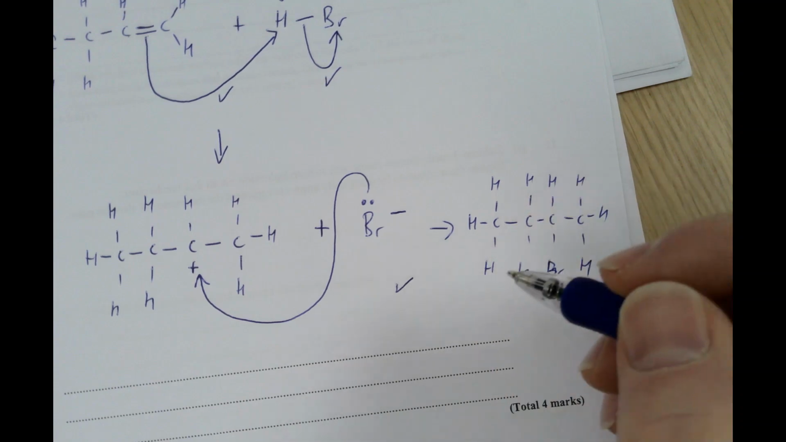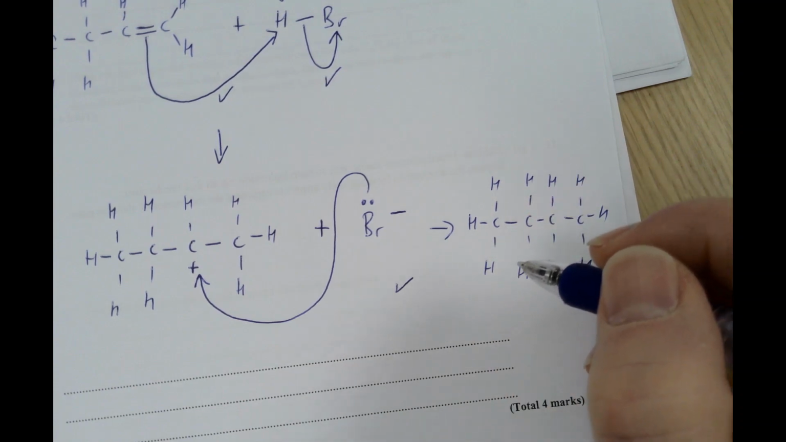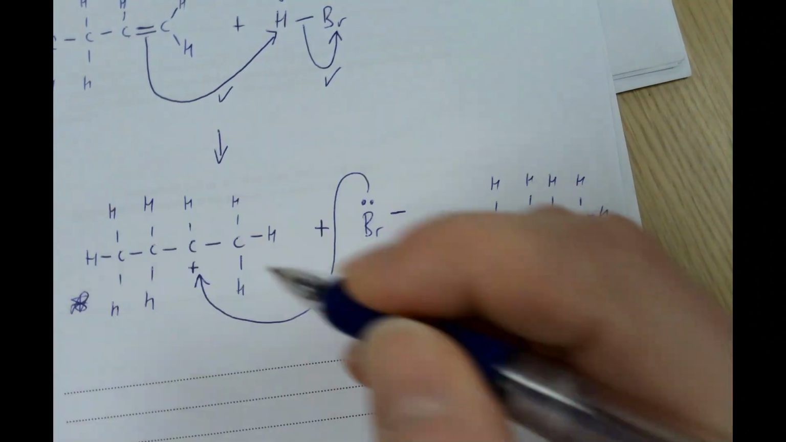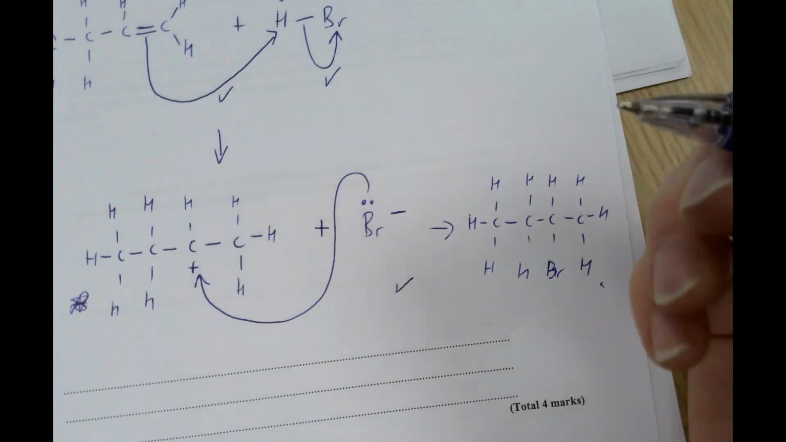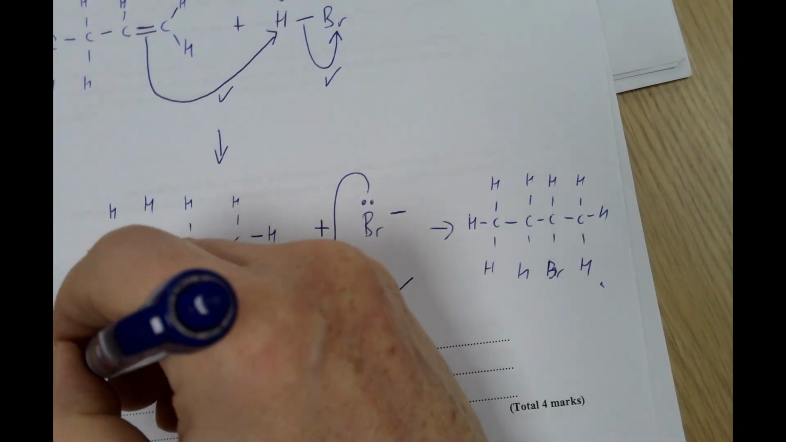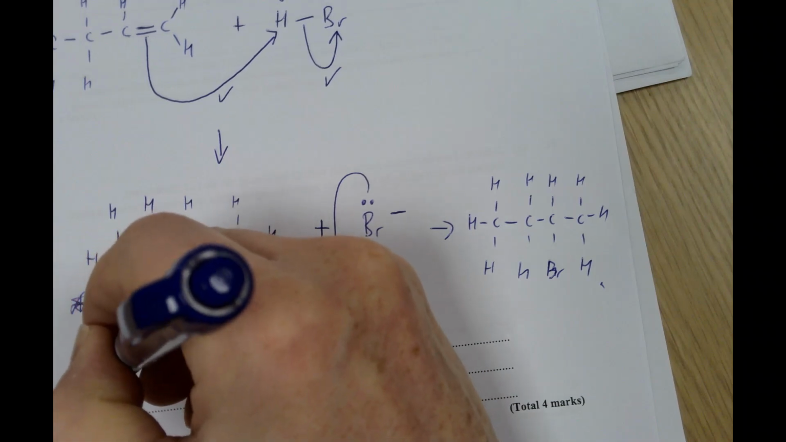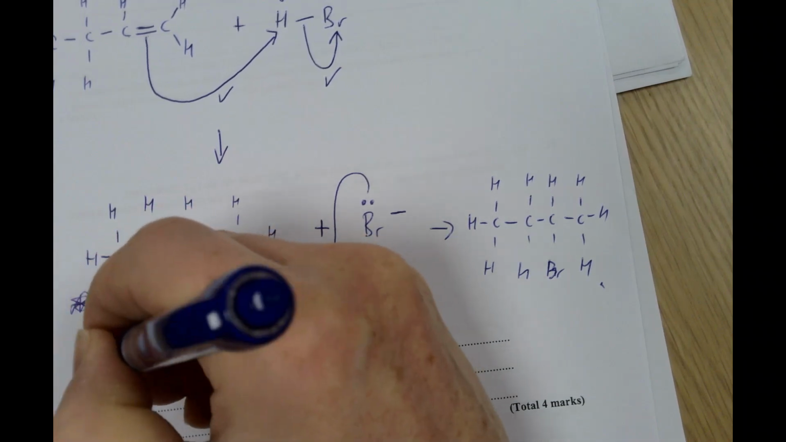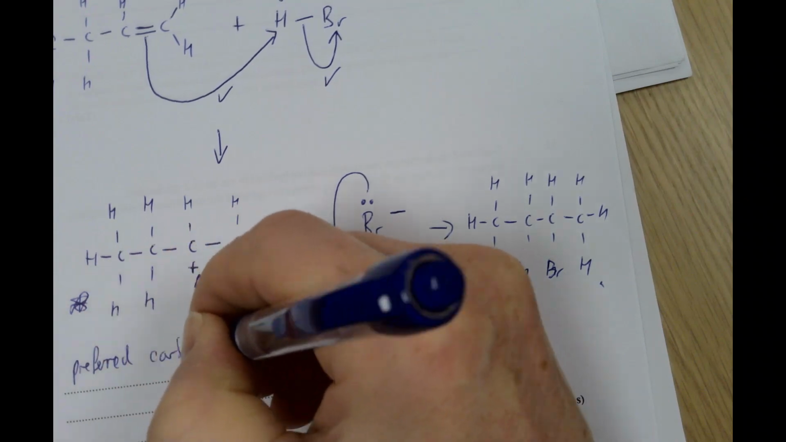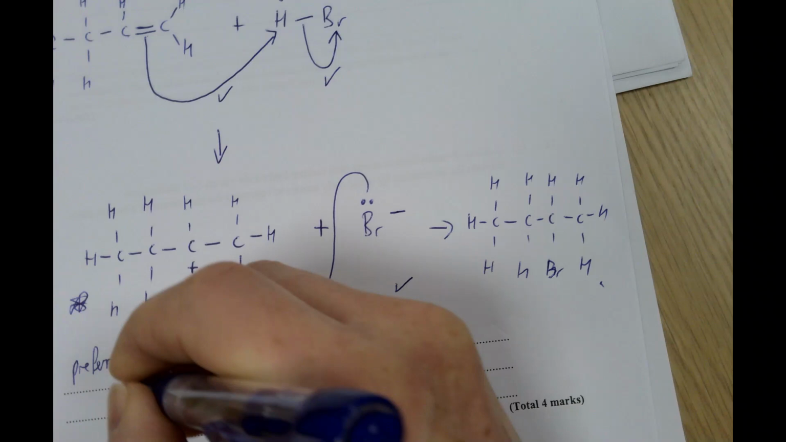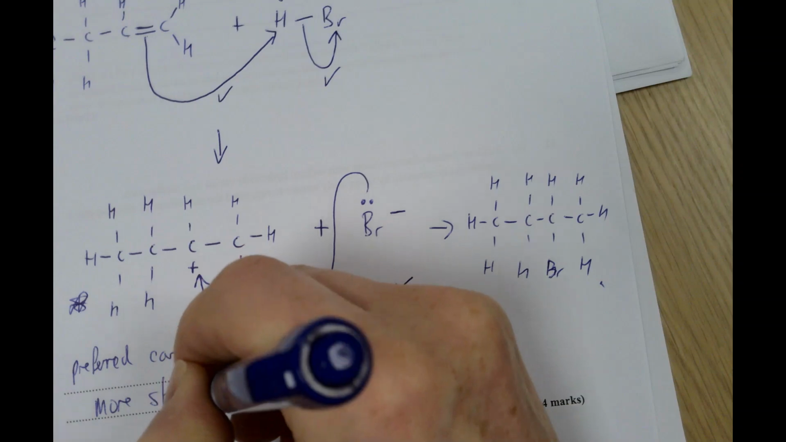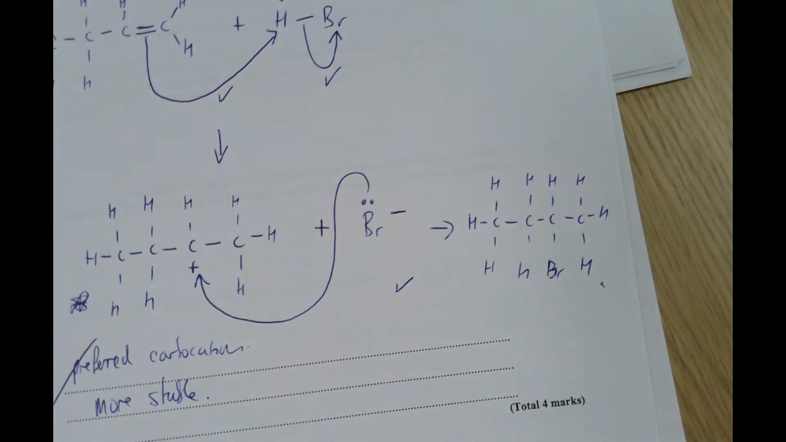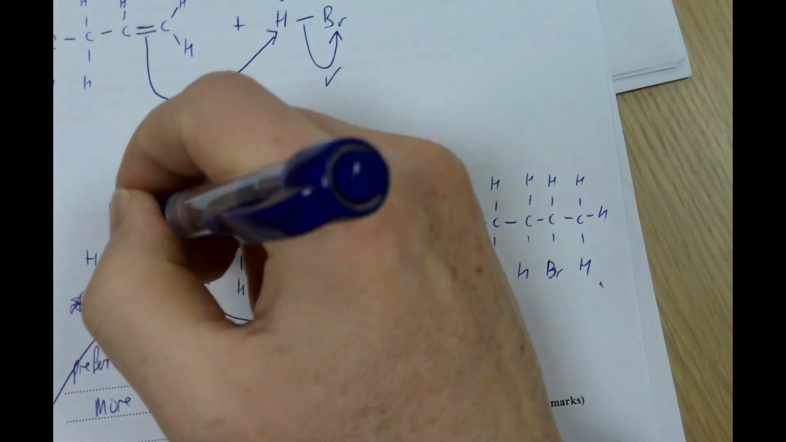And then for the explanation, you have to say that this carbocation is formed preferentially to the alternative carbocation. So preferred carbocation, because it's more stable, or it's the more stable carbocation. So that really is 1 mark, and then explaining that by saying, well, this one's more stable because alkyl groups,